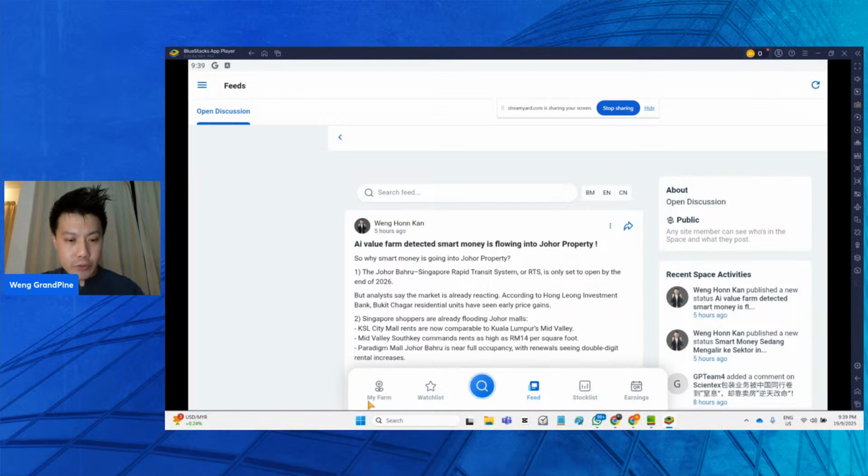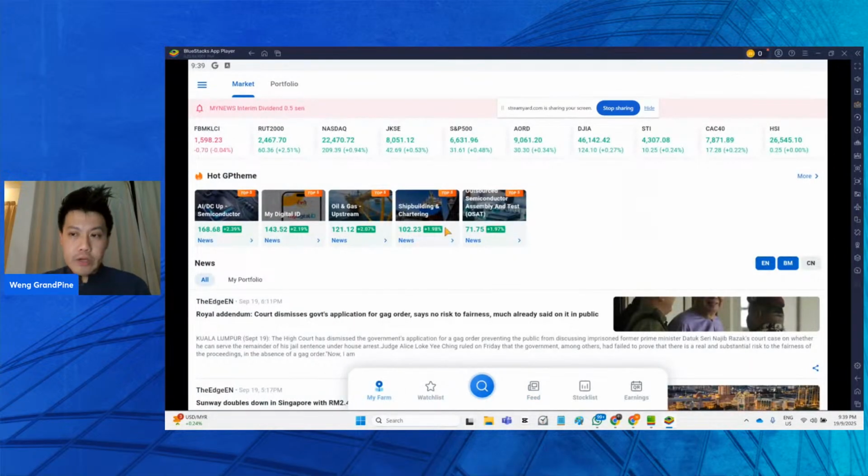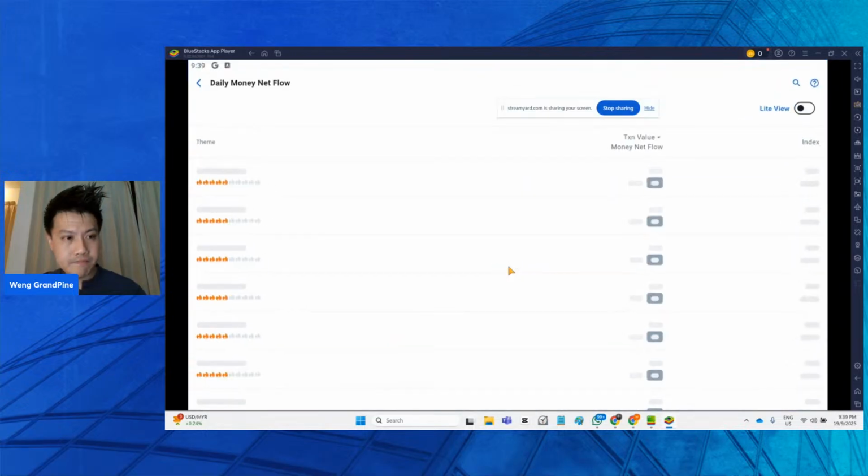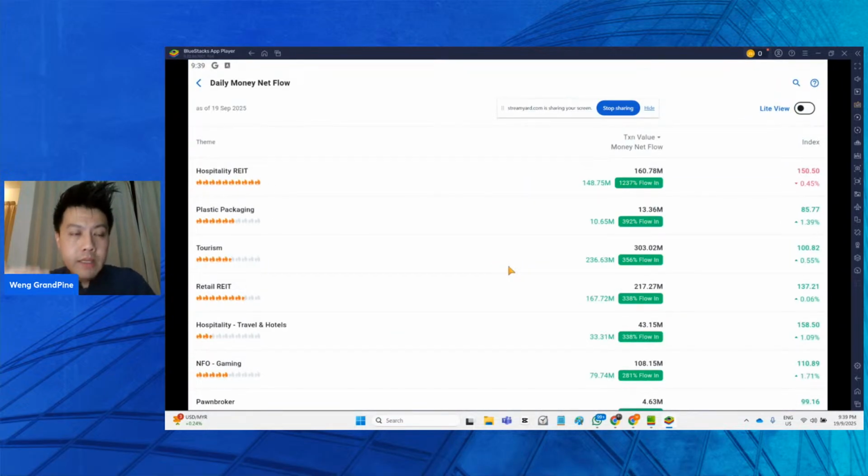How? You go back to your farm. For the free version, you will get 1, 2, 3, 4, 5, you get 5 hot GPT. You click on more, you go to see more. So this is the premium version. As you can see over here, hospitality REITs have a full fire. Full fire means it's super active. It's super active in this hospitality REIT, and then it has